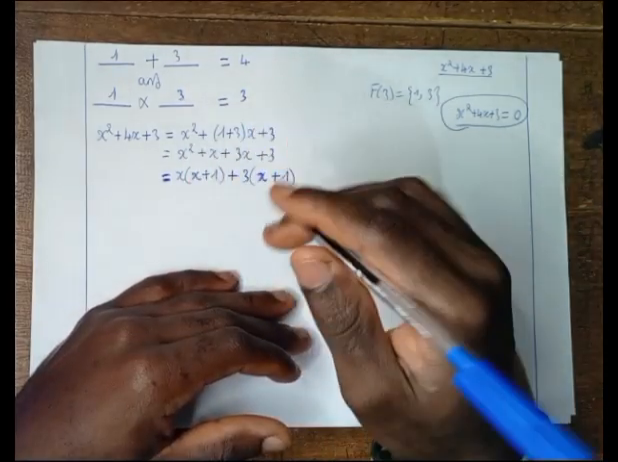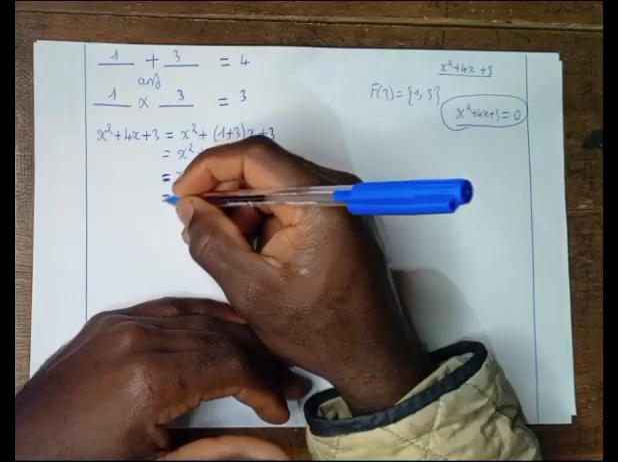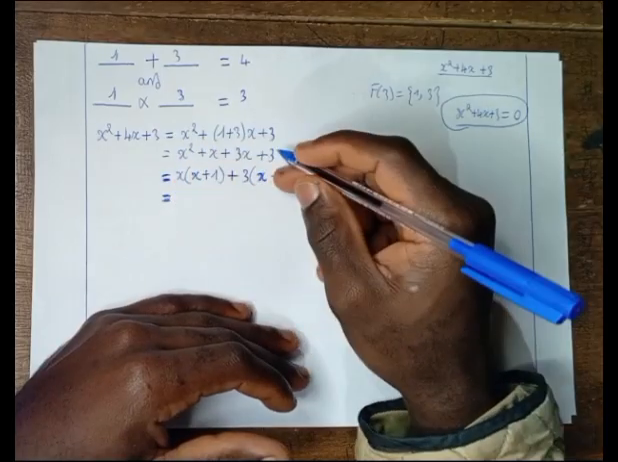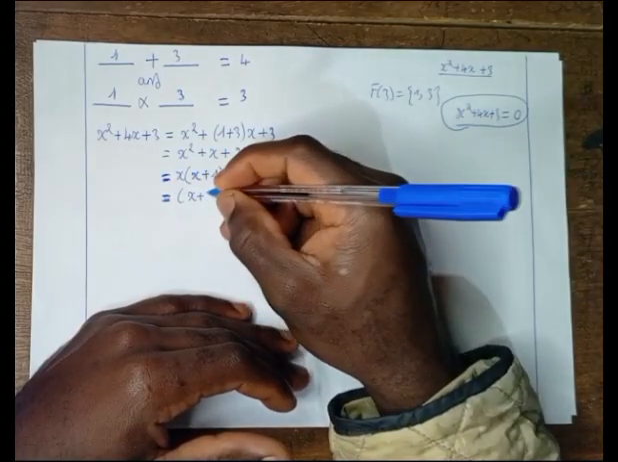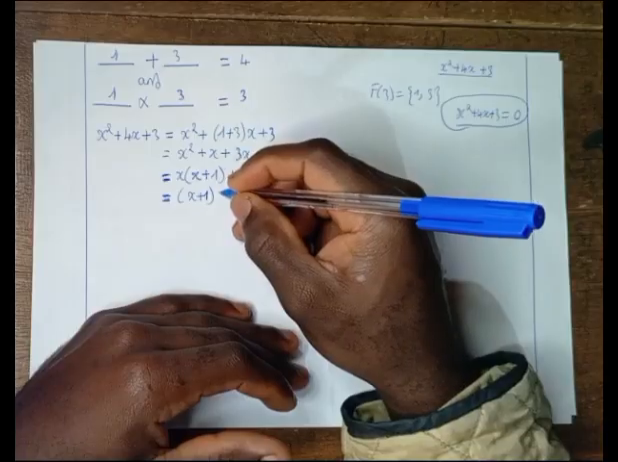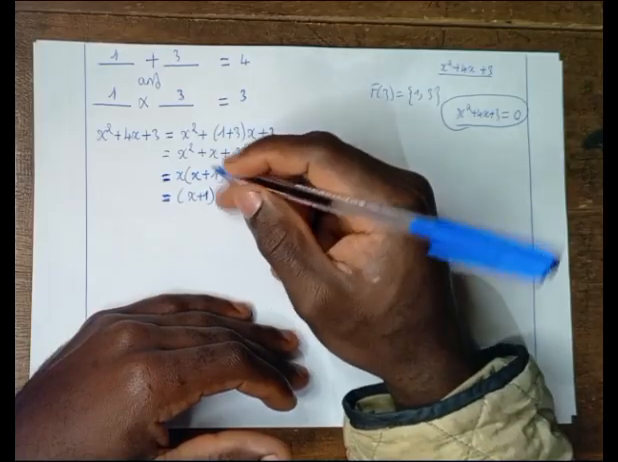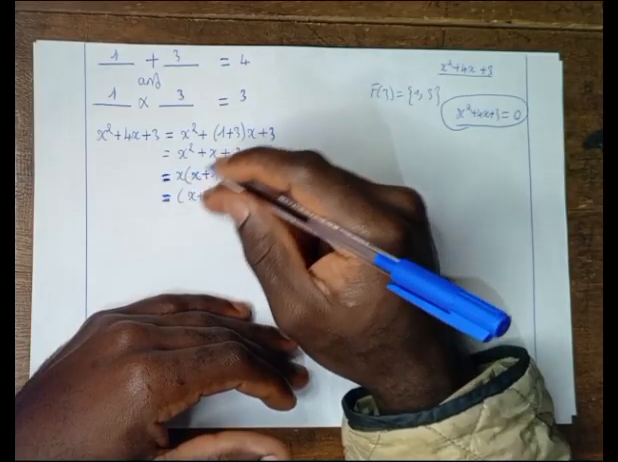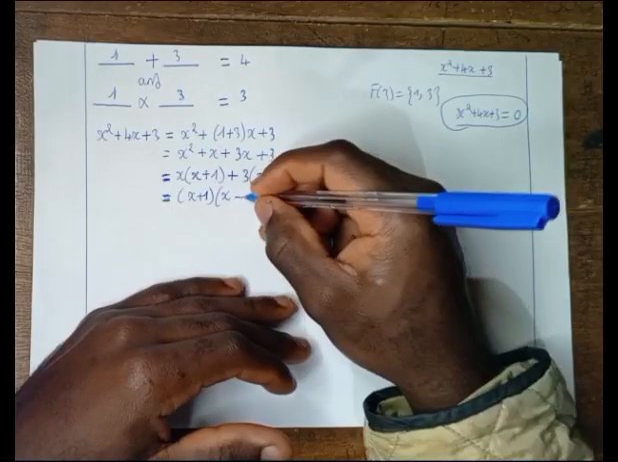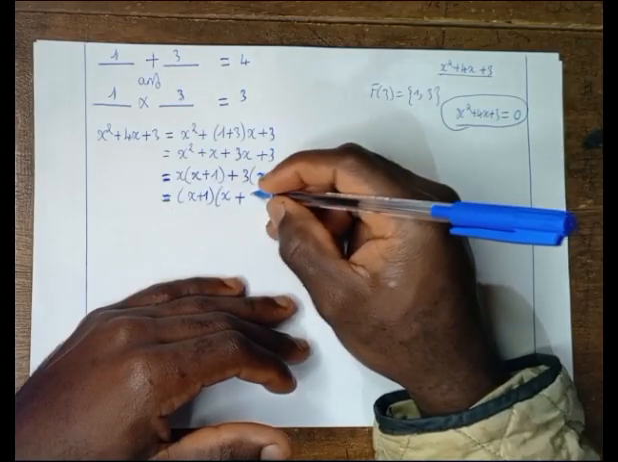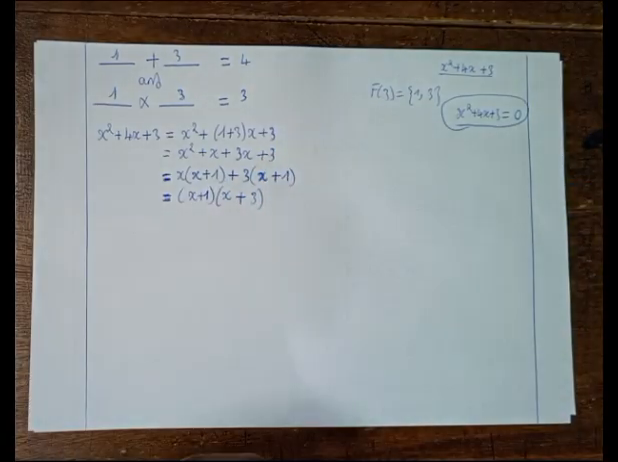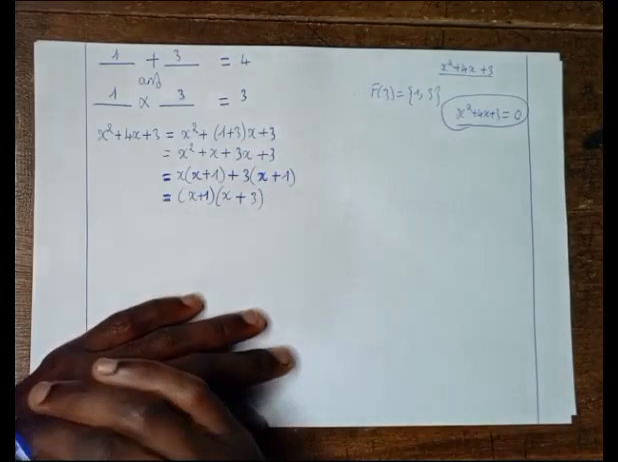Now we have two terms. The two terms we have, x plus 1 is common, so I'll factor out x plus 1. Now x plus 1 times x will give us x times x plus 1, plus, I know x plus 1 times 3 will give us this. We are done with the factorization of the